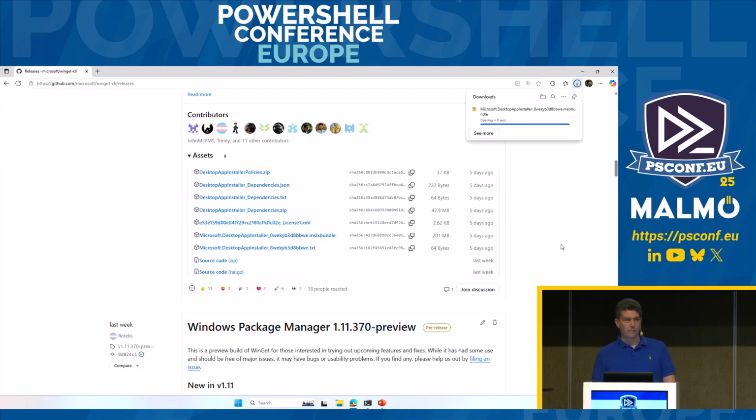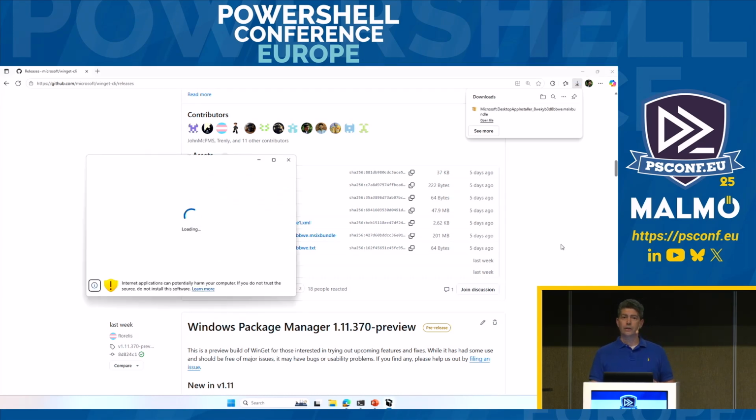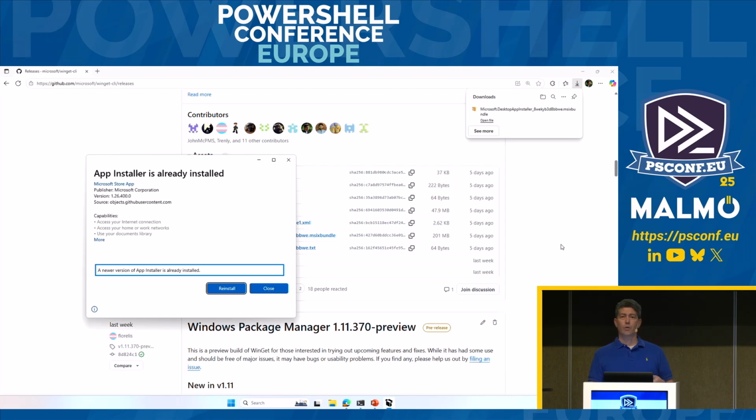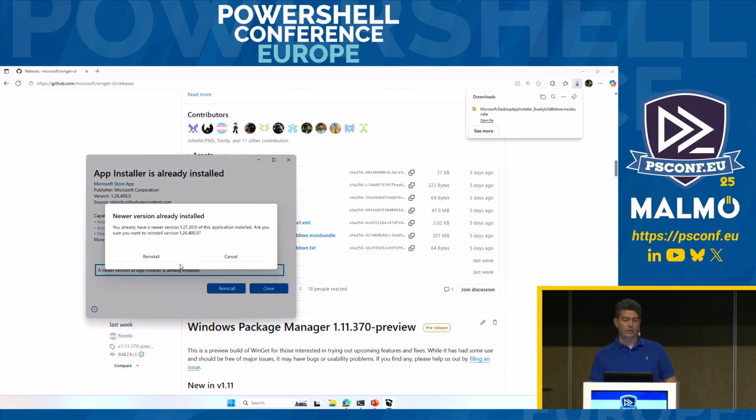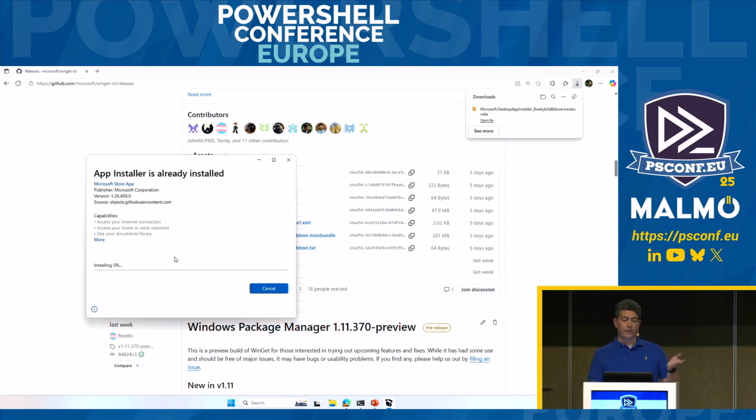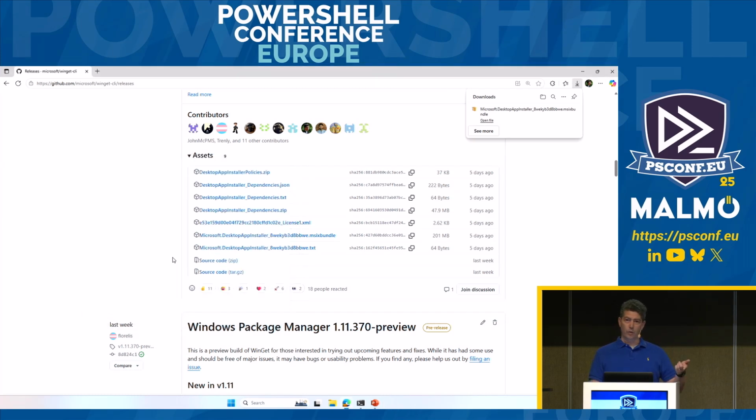Apologies for the delay there. I'm on an internal build. Our feature team keeps moving forward. We've been doing weekly releases of Winget. This is kind of the first time it's caught me off guard. So kind of exciting to run into that. So I'm actually going to downgrade from the 1.12 preview that just got shipped to the 1.11 release candidate. We're expecting this is going to go GA tomorrow.